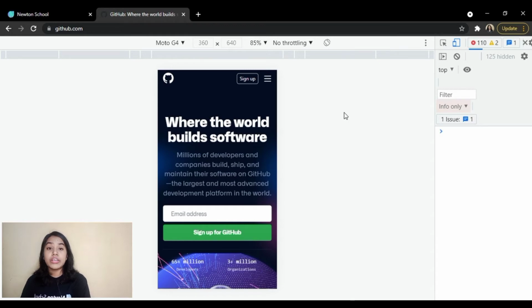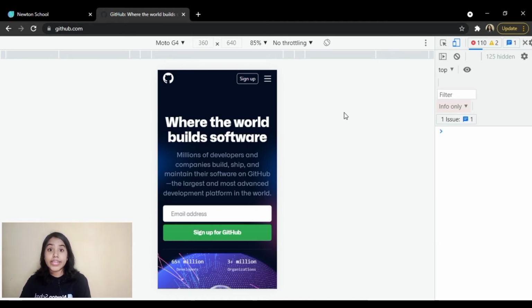Next, using grids. Yes, grid is one of the concepts which people think is very difficult to understand, so they just skip that part. But using grids is actually helpful, and it is as important as Flexbox, which I'm gonna cover in this playlist only. So make sure that you access this playlist so that you can stay updated with all the uploads.